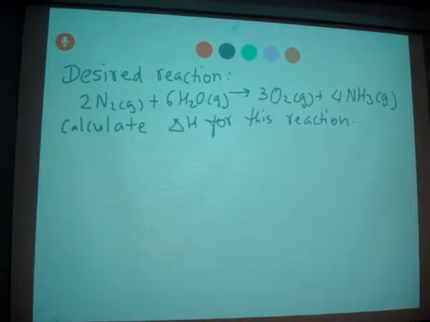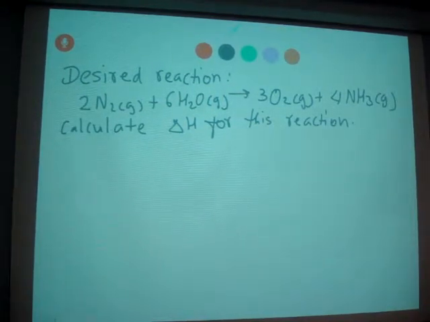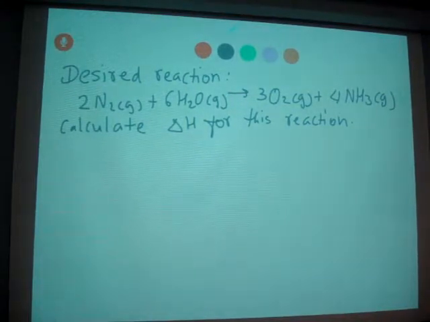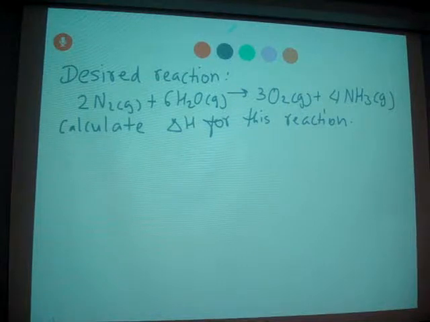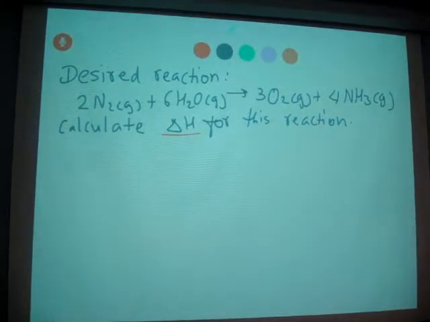So this is the desired reaction: 2 moles of N2 gas and 6 moles of H2O, which provides 3 moles of O2 and 4 moles of ammonia, and you need to calculate delta H. Now let me write down the steps. The steps are given: